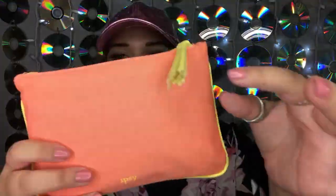Sunshine. So today we're going to be unboxing our August Ipsy bag, and I have really high hopes that this bag is going to be amazing because of how cute the actual bag itself is. We have this tassel zipper that's a bright yellow, and the bag itself is peach, and then the exterior trim is all of that matching bright yellow to go along with the tassel. So the bag is really cute, which gives me high hopes that the inside contents are going to be absolutely